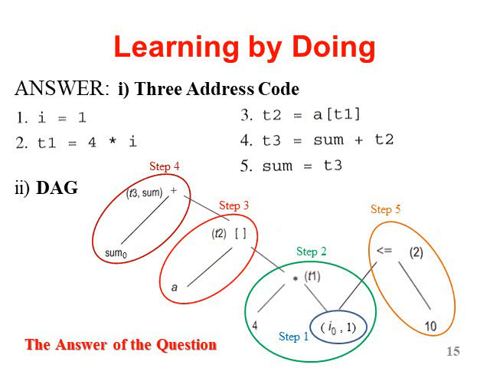So here is the output. Each step is shown here along with the 3 address code. Kindly go through it. These 2 examples of learning by doing help you to understand how to construct a DAG.